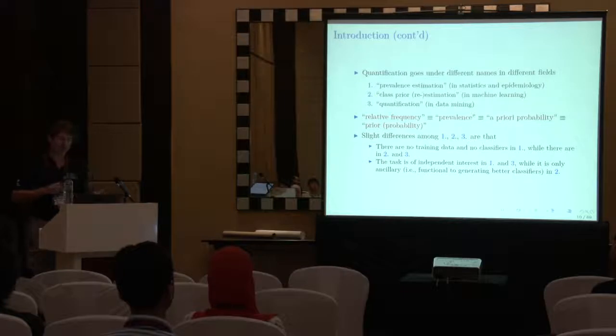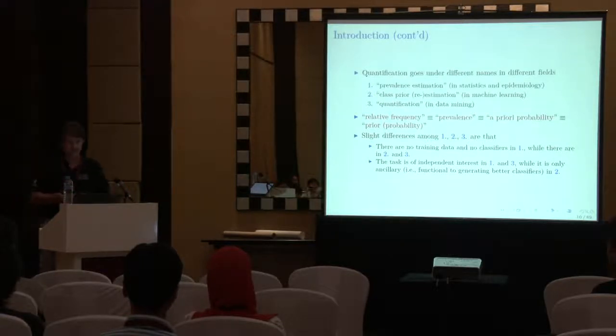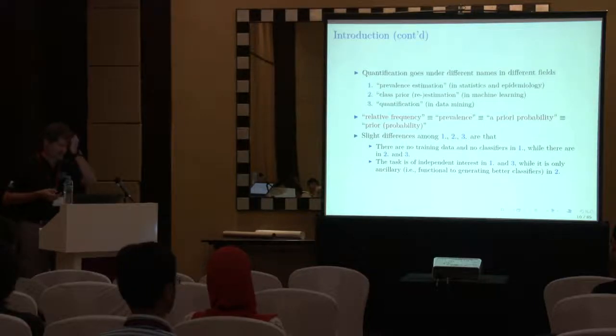Okay, so throughout this tutorial, you will see several terms which are actually synonyms. The relative frequency of a class, the prevalence of a class, the a priori probability of the class, or simply prior probability. These are all synonyms for the same thing. There are slight differences among the 3 fields I've mentioned, in the sense that, we will see that